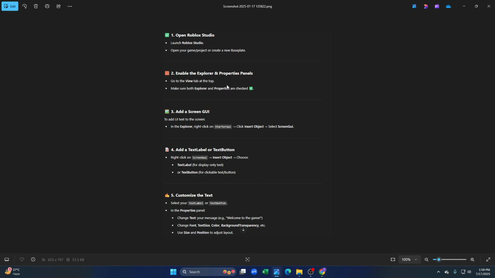So first of all, you have to open Roblox Studio. Launch Roblox Studio, open your game or project or create a new baseplate, and then enable the Explorer and Properties panel. Go to the View tab at the top and make sure both Explorer and Properties are checked, and you can add a ScreenGui. To add UI text to the screen in the Explorer, right click on StarterGui, click